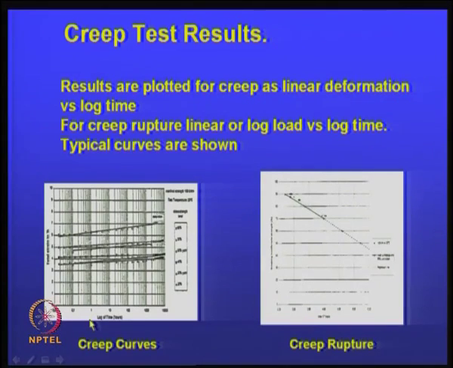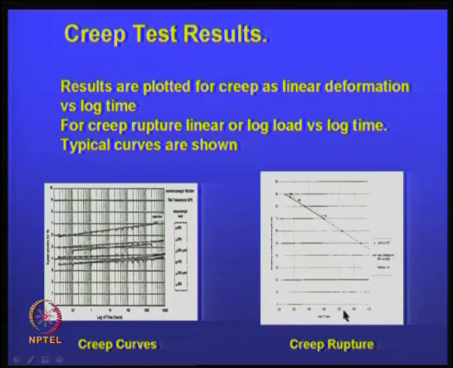you can plot different loads, for example 50 kPa, 100 kPa, and different loads can be applied, and you can monitor the creep curves versus time. For example, at 50 kPa, keep observing its deformation and you will get a strain like this, maybe 100 kPa like this, 1000 kPa like this. At some higher stresses the curve may show a little kink, which means there is a rupture there and it can't take higher loads, that is what it means.